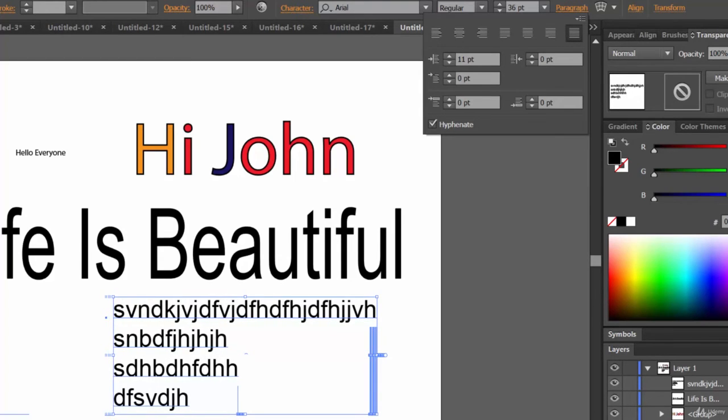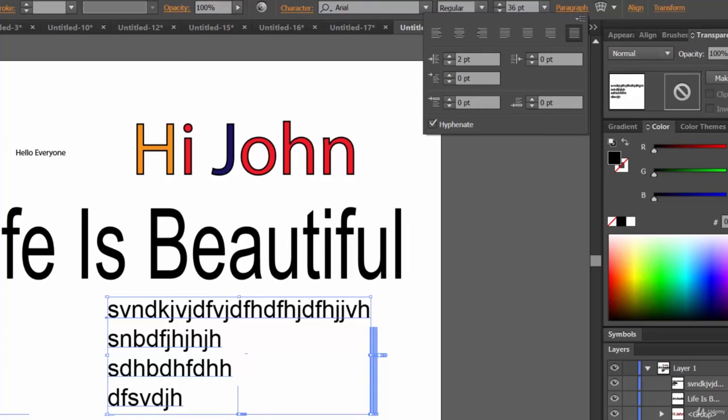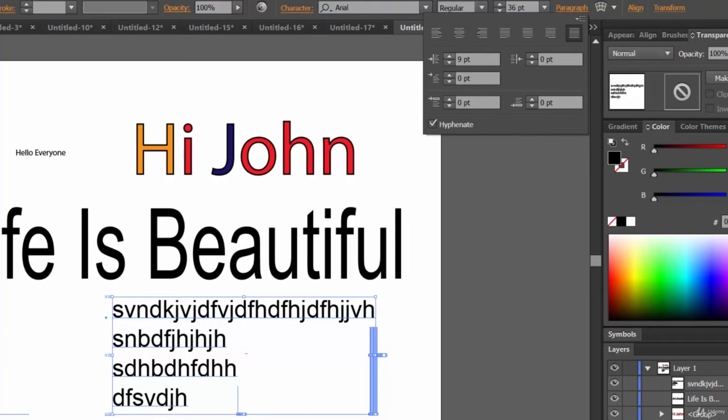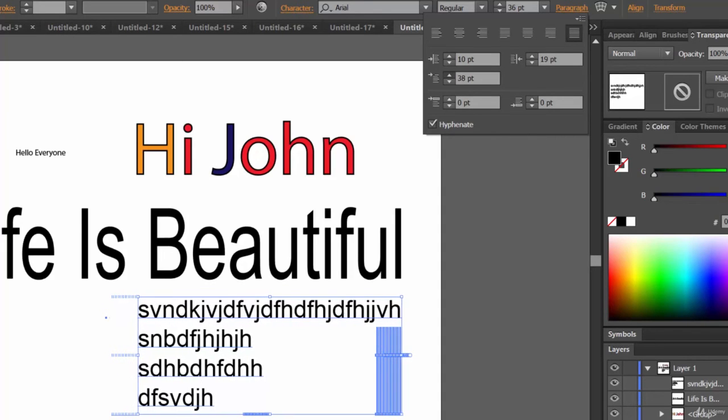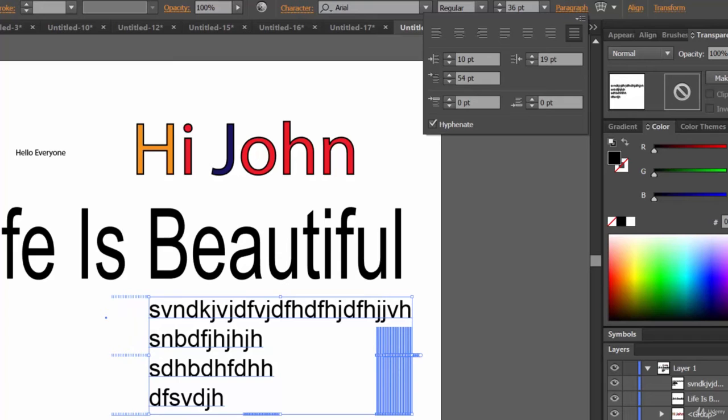See, we are shifting it. See here, we are shifting the text by how much point? 5 points towards left, or sorry, towards right from the left. And see, we are moving the text.